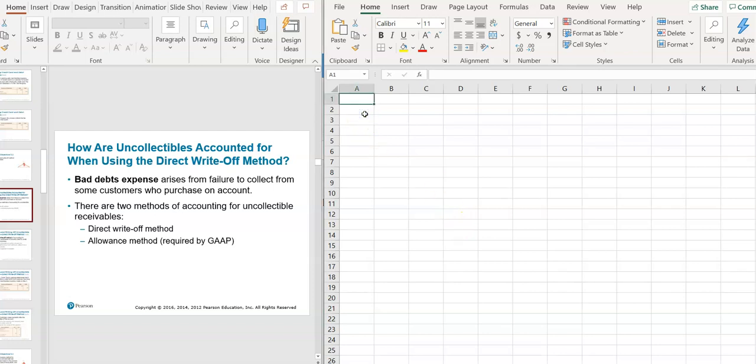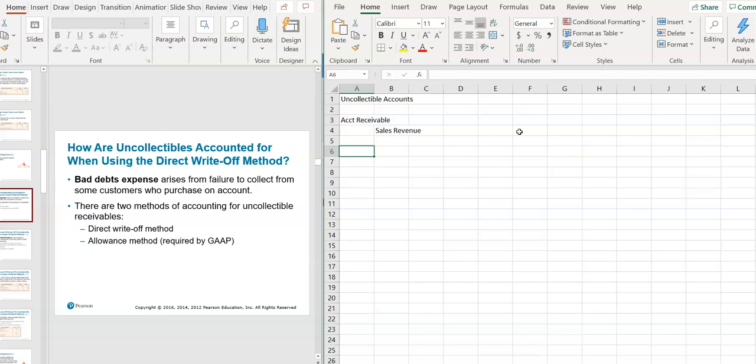Okay, the next major part of the chapter is uncollectible accounts. So you know that we've recorded this account receivable and this sales revenue. We included the sales revenue on our income statement at the time, and the account receivable is currently on our balance sheet as a current asset, generally. Well, if we know that this is not going to be paid, or we can even assume that some of these account receivables aren't going to be paid, that needs to be reflected in my financial statements,